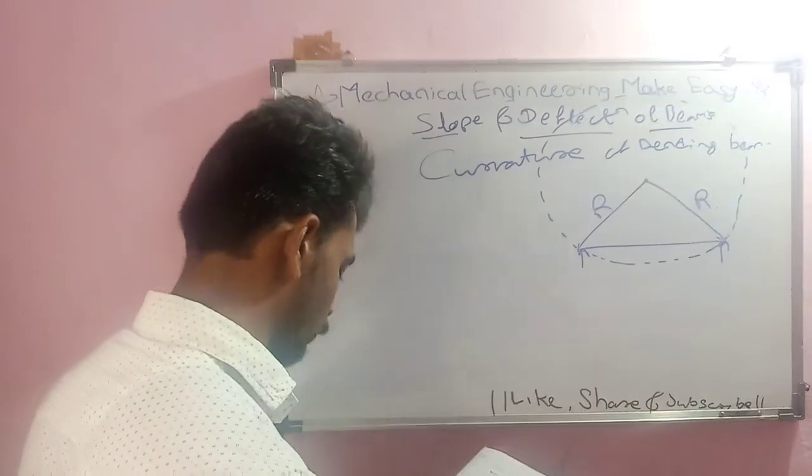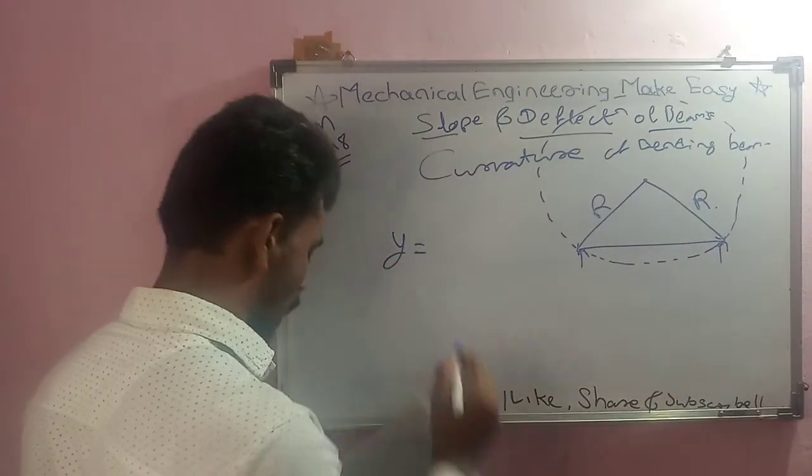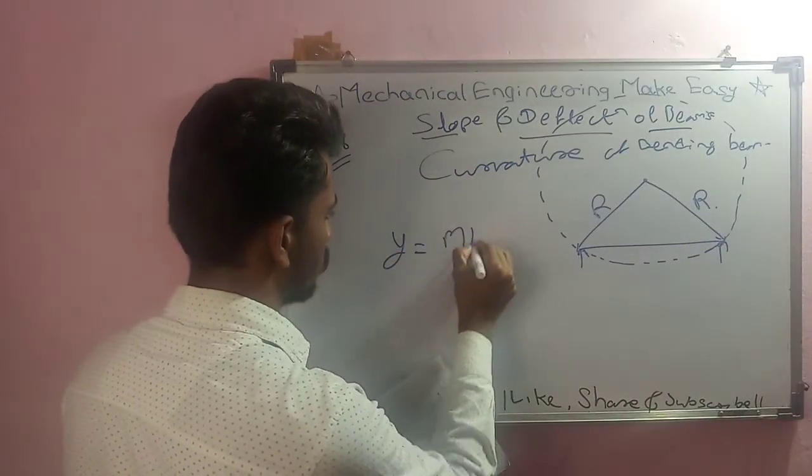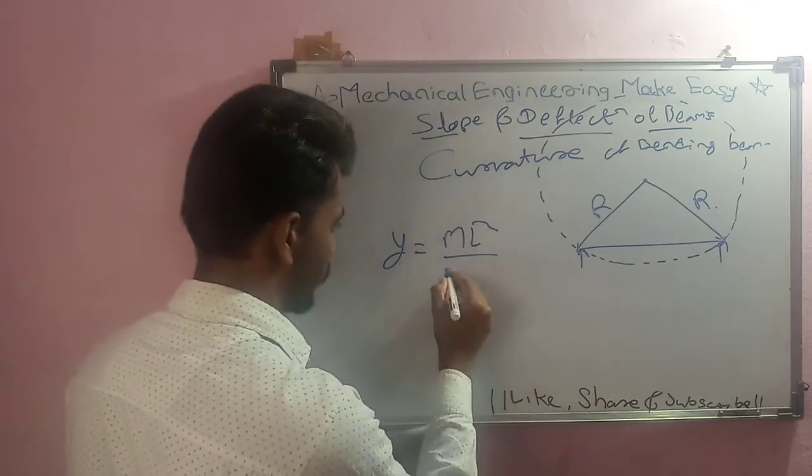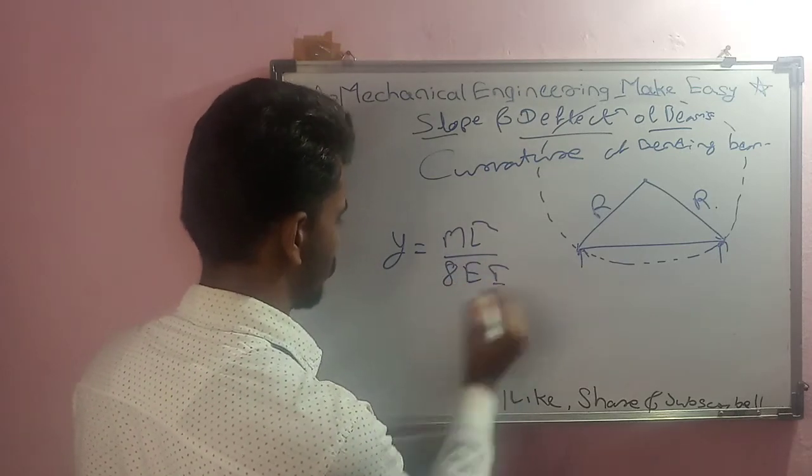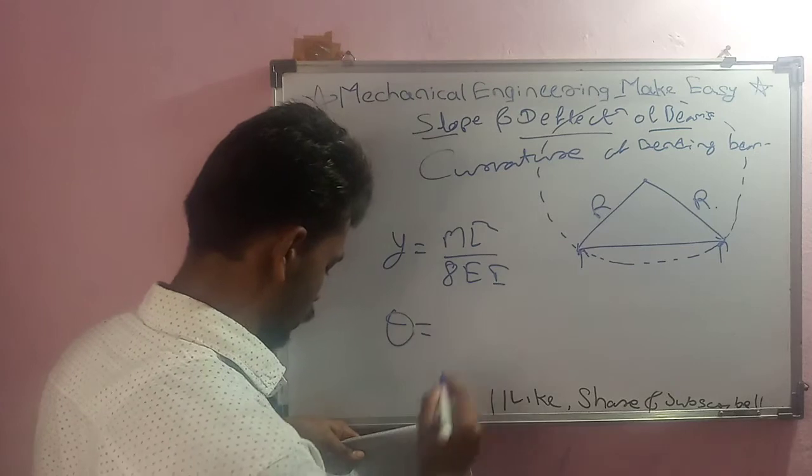So what are those formulae? y will equal M L square upon 8 E I, and theta will equal